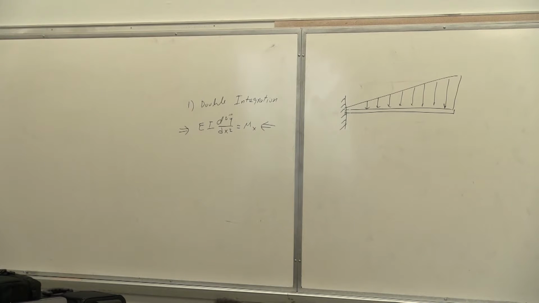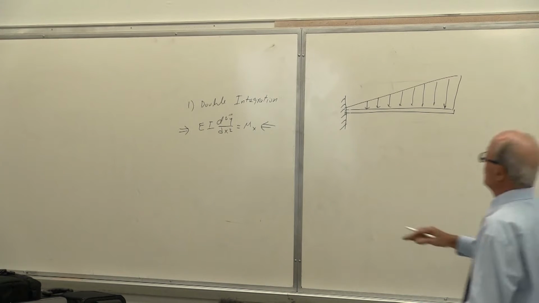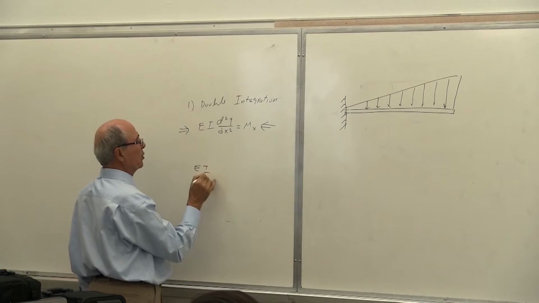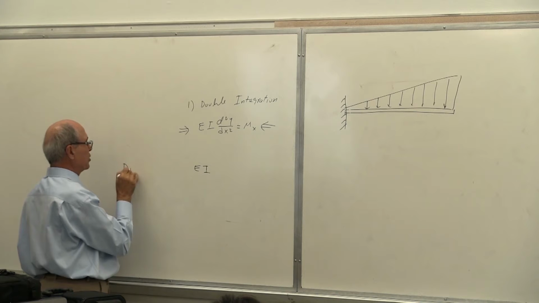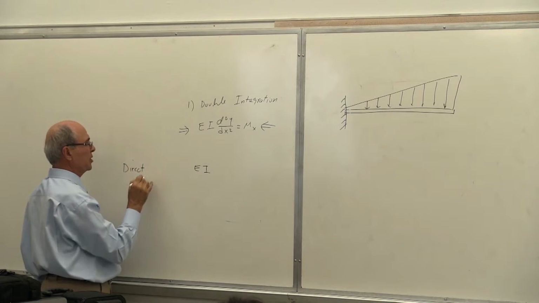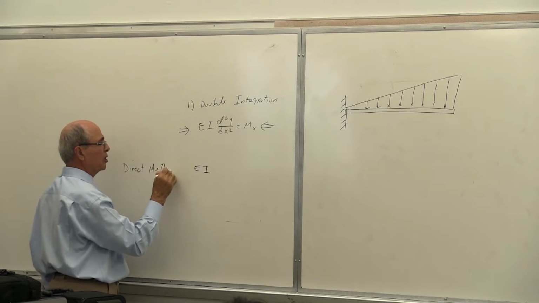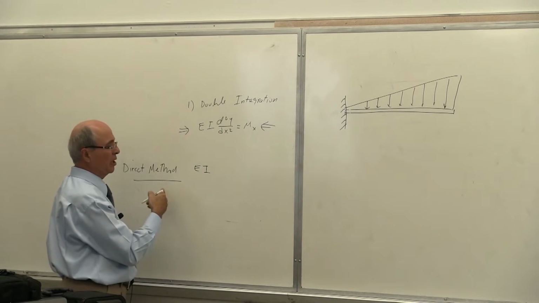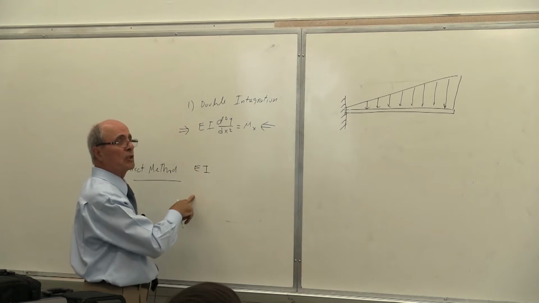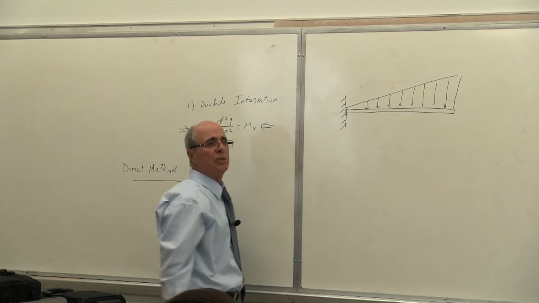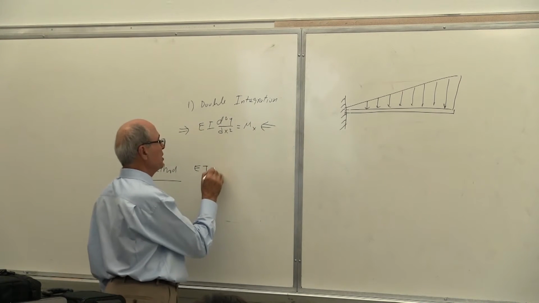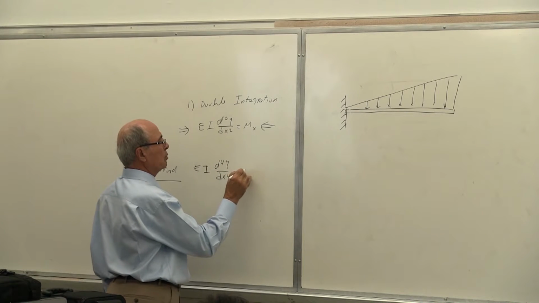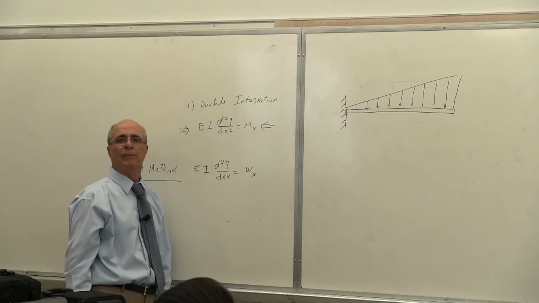So we go through the system doing this. I took two derivatives here, and we end up, this is the starting point. For the direct method, I ask you to write it down. I don't know whether you know, this is called direct method, or I call it direct method. In the book, probably, I don't know what they call it, but anyhow, I call it direct method because I'm starting from W. Is that correct or not? So that one becomes EI d4y over dx4 equal to W as a function of x.